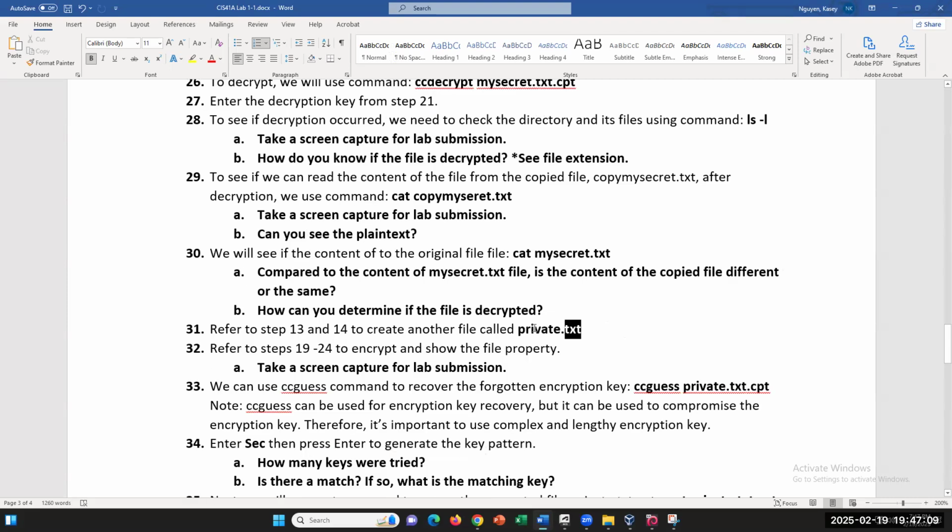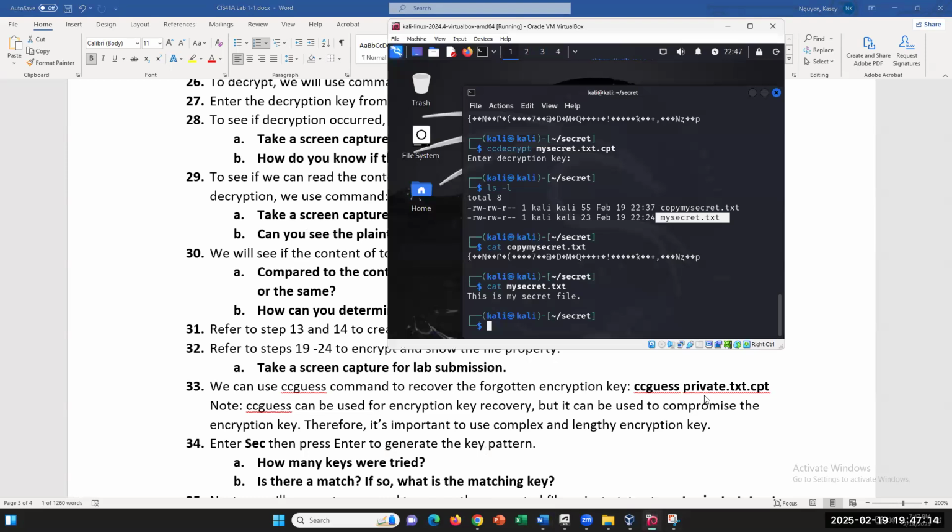and then what we're gonna do is we're gonna make a private text file, right? Come back over here, okay? And what we're gonna do is we are going to create a text file. So how do I do that? Cat private.txt. Just like what I did with the secret file. If you need help,